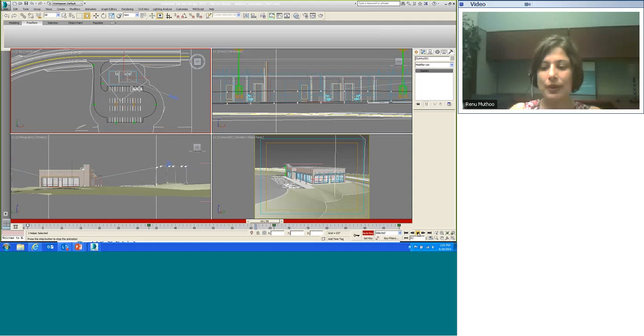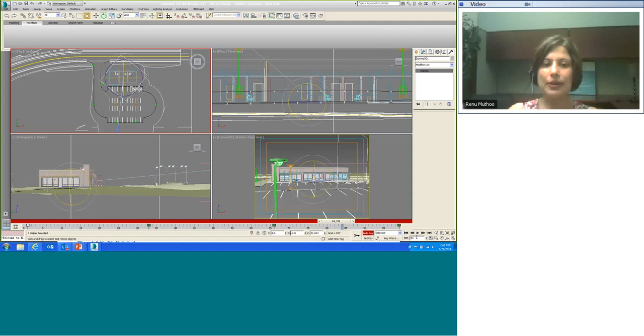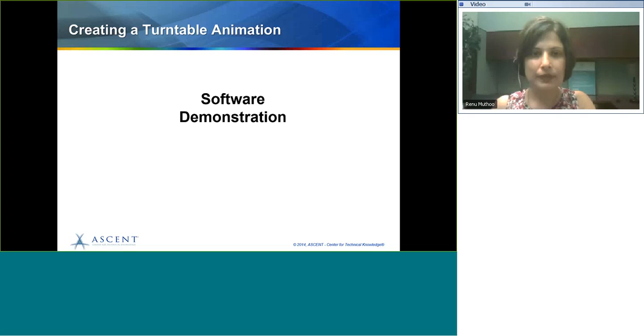So that's how you create a turntable animation in 3ds Max Design. As I had mentioned before, whatever has been learned today or whatever I have taught today can be used for the other flavor of 3ds Max Design, which is the basic version, that is 3ds Max. So I will go back into my presentation now. And so